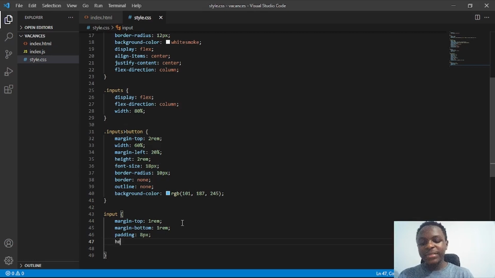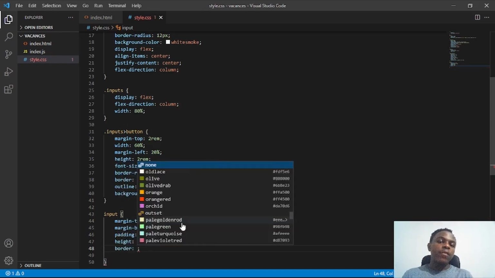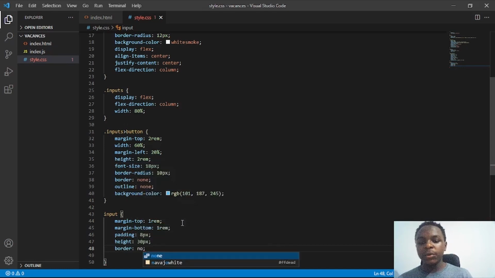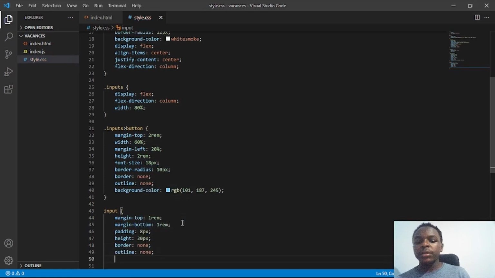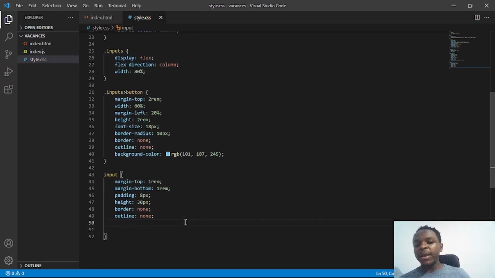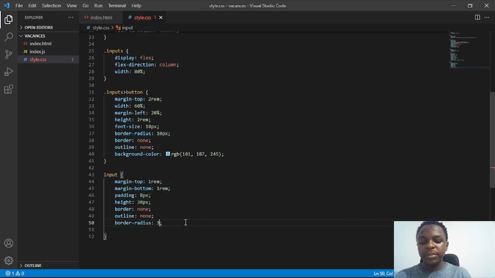The next step, I'm going to set the height to 30 pixels, and now I'm also going to remove that default border and outline from the input. So say border equal none, and outline is also none. This way, and I continue by adding some other stylings like the border radius. I would like that border radius to be 30 pixels, and beside that I want to give it a kind of